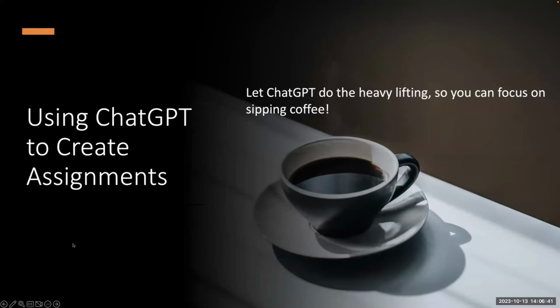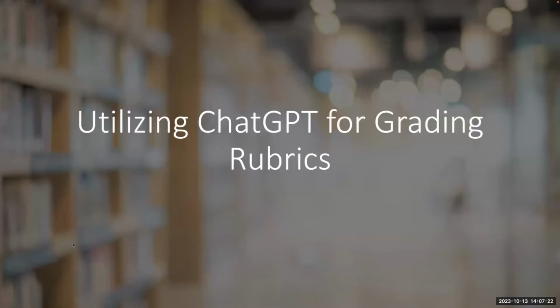And again, I just had ChatGPT come up with the text. I gave it a few things. I said, here's what I'm going to talk about, XYZ, create this sort of outline slide deck. And then I had it give me this code that I could put into PowerPoint. And then PowerPoint actually has an AI component built in that will scan what you've written in the PowerPoint, and it'll suggest an image. So in this case, it read coffee and it gave me this image. So I just had to click this design suggestion and it created the slide for me. So I really didn't do much to make these.